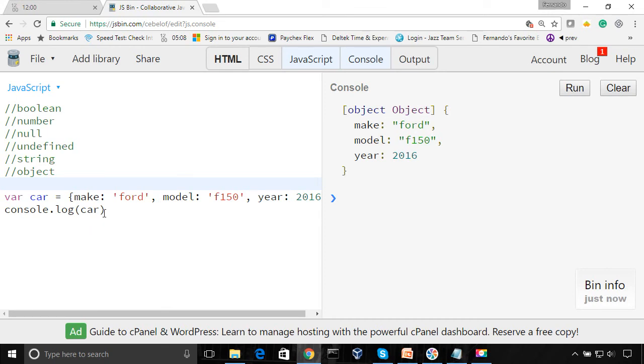Now for the object, we can access the properties individually like this. And we can access every property. So we could say